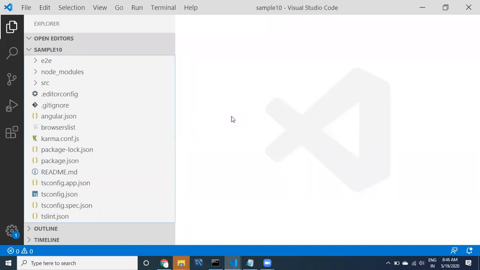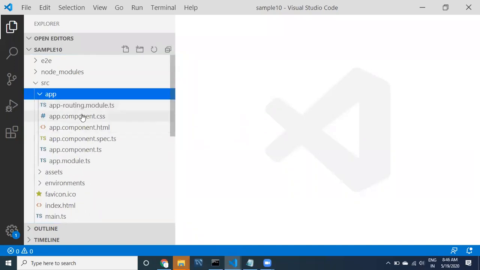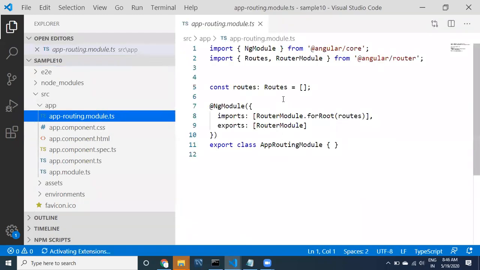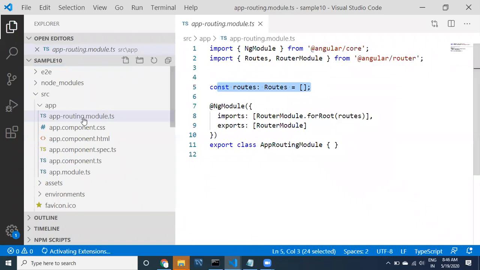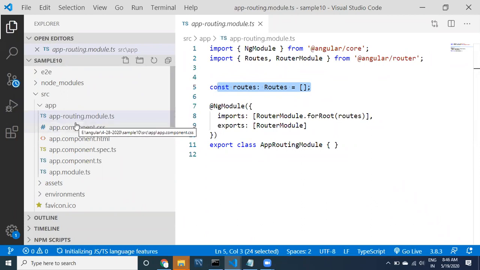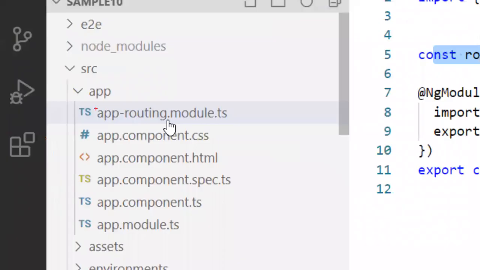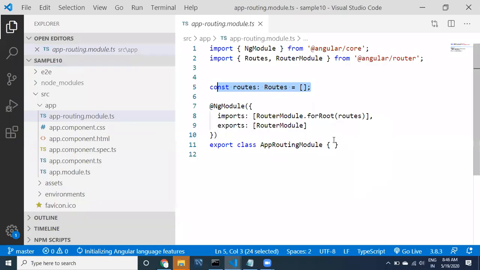If you go here, by default the application has been created, right? By default app routing module is also available. Here we are going to provide mapping information. While creating the project, we selected yes to create the routing module, right? The first yes is related to routing, and because of that this file is going to get created. Let us look at it guys.